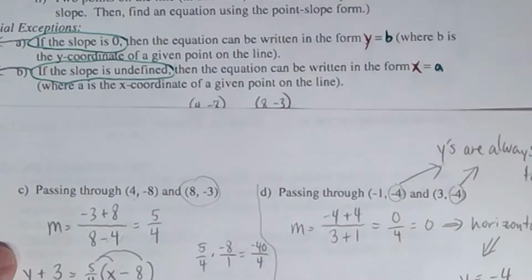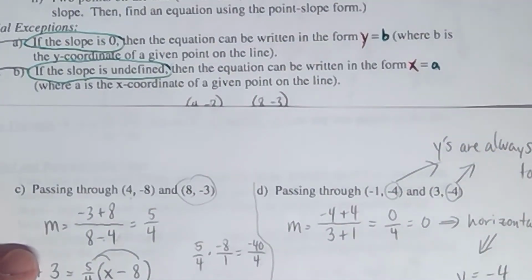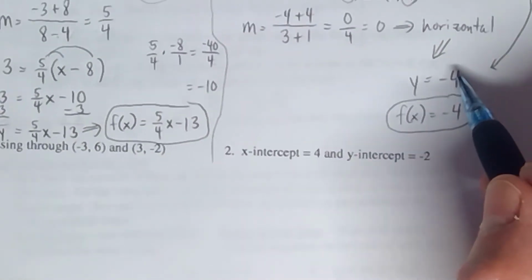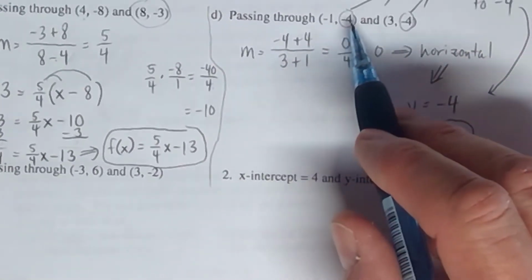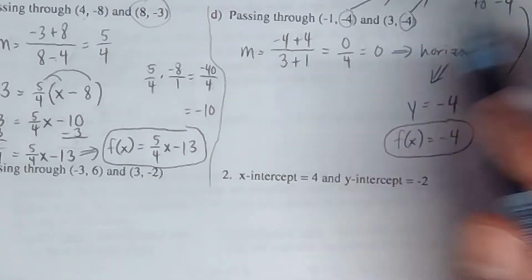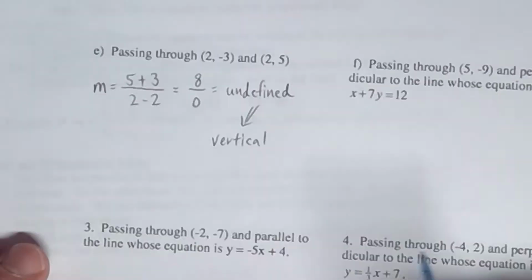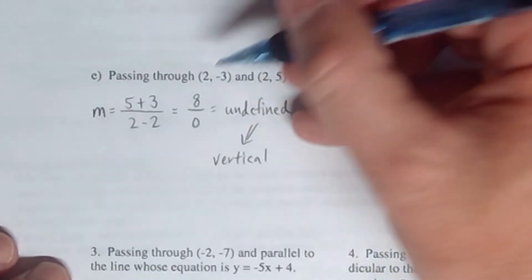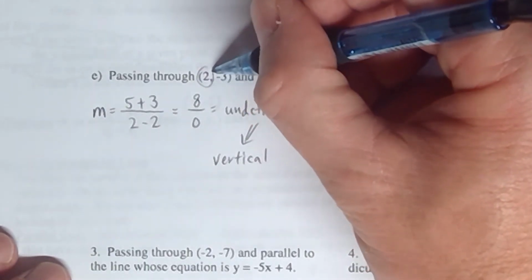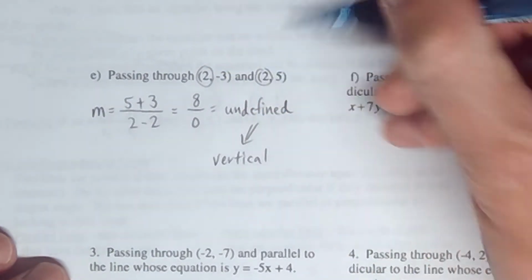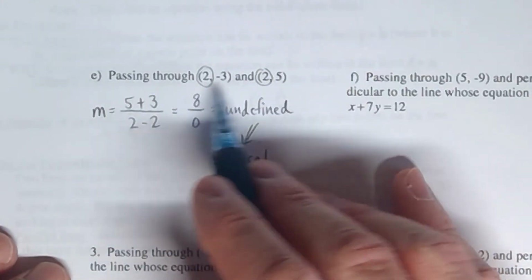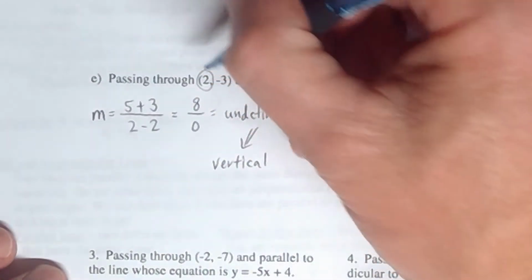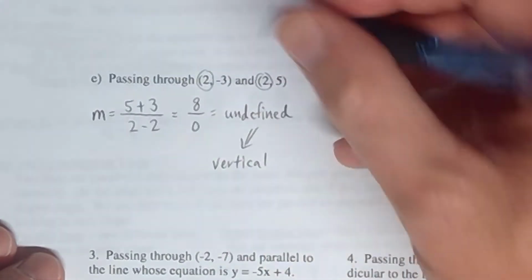But it works very similar to the way that the last problem worked, okay? I had to figure out what goes on the other side of y right here when it was horizontal, and it was based on what the y's are always equal to. Well, as we learned in the last section, when you have a vertical line, all the x's are the same. When it's horizontal, all the y's are the same, but when it's vertical, all the x's are the same. So that same common number there, as you can see, is 2 because both of the x's are 2. So that means that all of the x's are